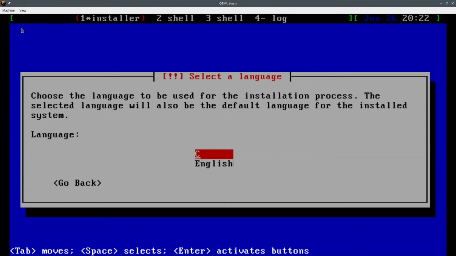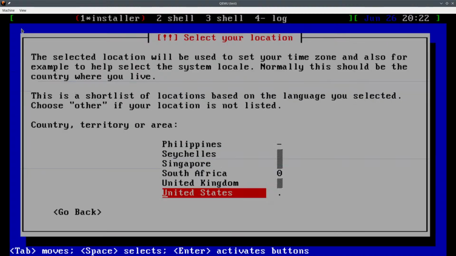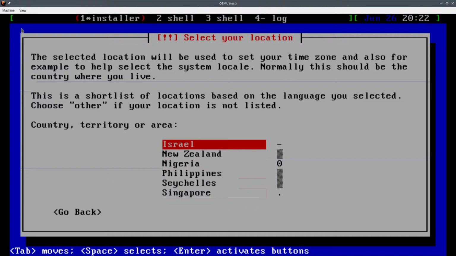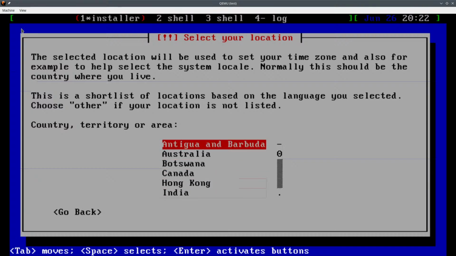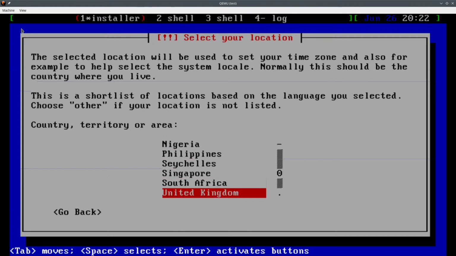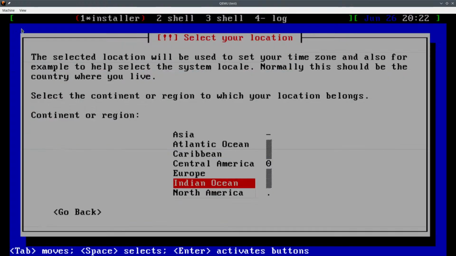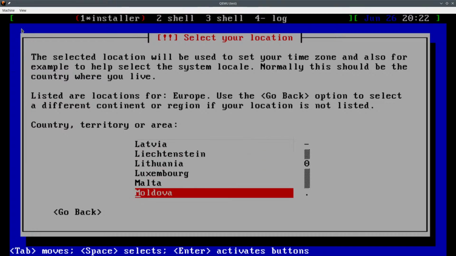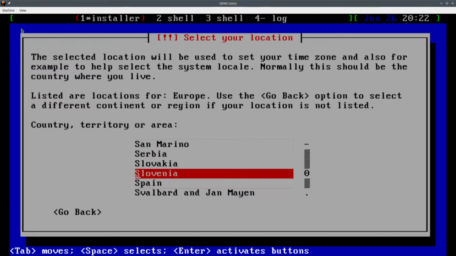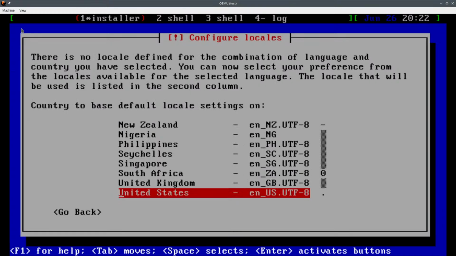Oh my god. Okay, let's select English language. This is the old installation thing, isn't it? Where's the... Yeah, I think we want to do other, and it defaults to North America. That's interesting. It doesn't let you choose whatever.